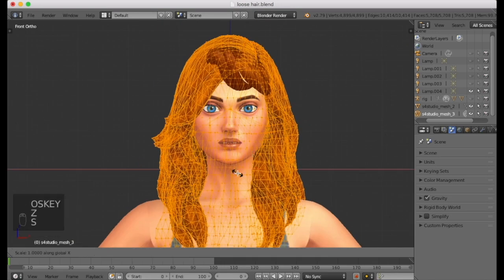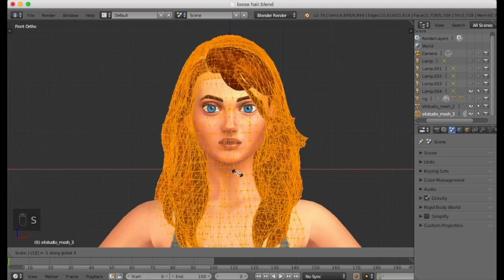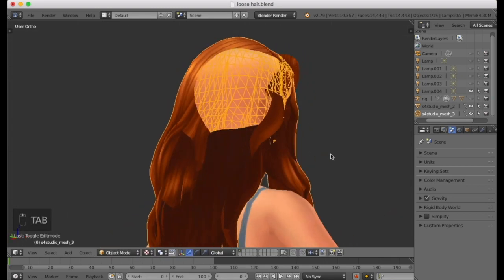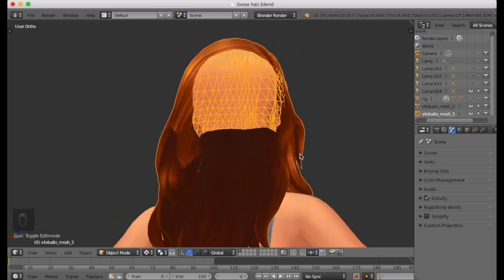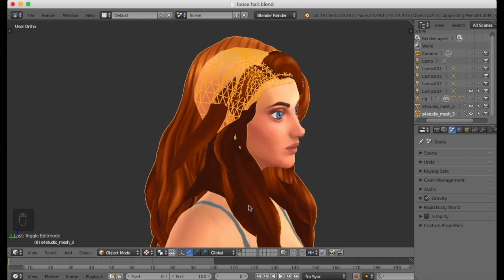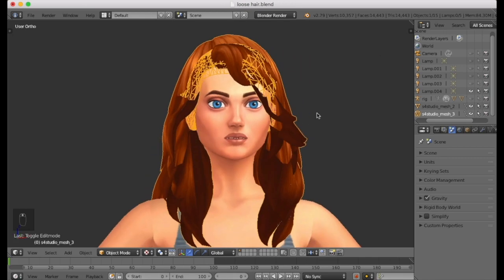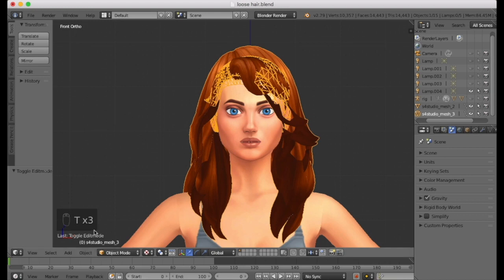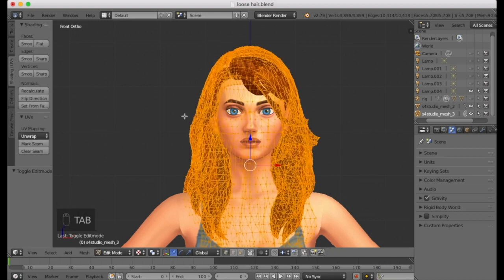So I'm going to press size X -1, and that's flipped it, but as you can see it looks really weird because that's also put all the faces on the inside, so there are no faces on the outside. Basically the faces are pointing inwards rather than outwards, and we want the faces to point outwards, also referred to as the normals. So I'm going to press T to get this bar again, and I'm going to go into edit mode,